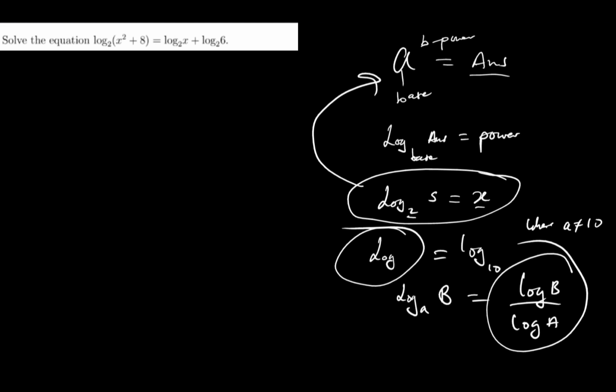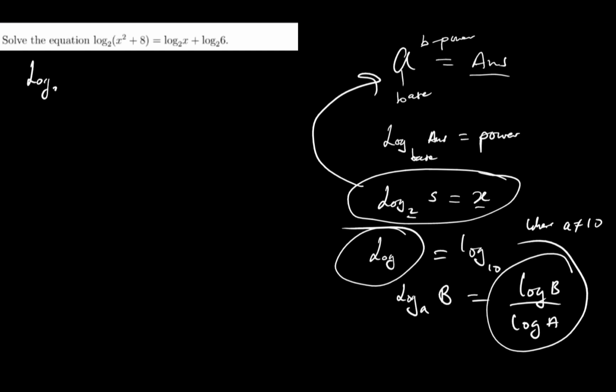So now, the first thing to do whenever you're solving a log equation is to make sure that you're only having logs on one side of the equation. Like you're having a log on just one side of the equation. So I'm going to try and do that. Oh wait, in this question, do you really think I have to do that? I don't have to do that because I'm having logs on both sides of the equation. So it's not really necessary to start dividing or doing any other thing. So with this at hand, it means that we're having